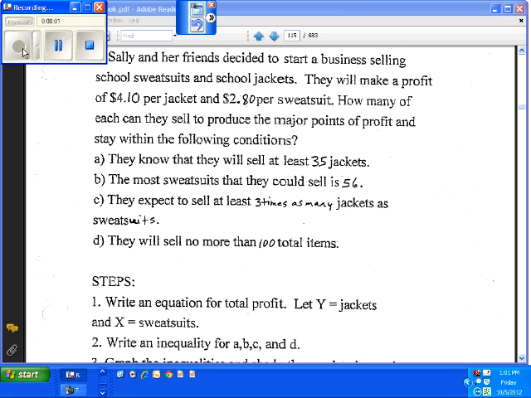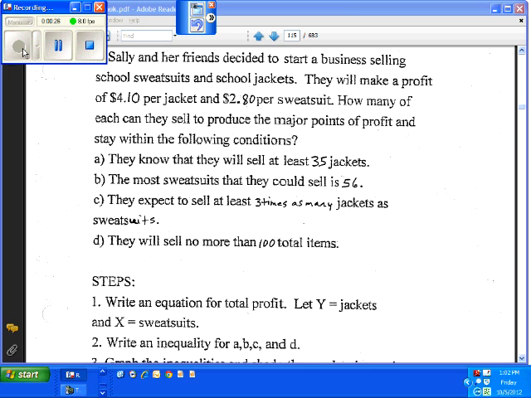Okay, we're on lesson 11, part 2. Question number 4. It says, Sally and her friends decided to start a business selling school sweatshirts and school jackets. They will make a profit of $4.10 per jacket and $2.80 per sweatsuit. That's profit. How many of each can they sell to produce the maximum profit and stay within the